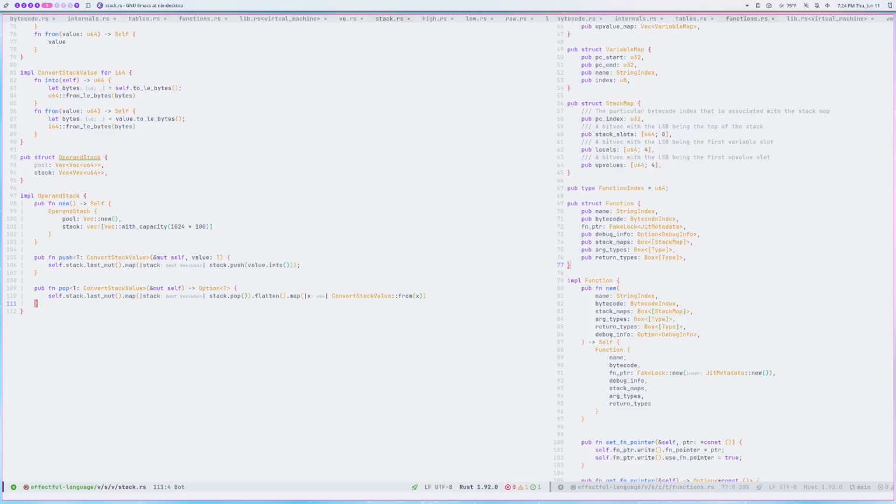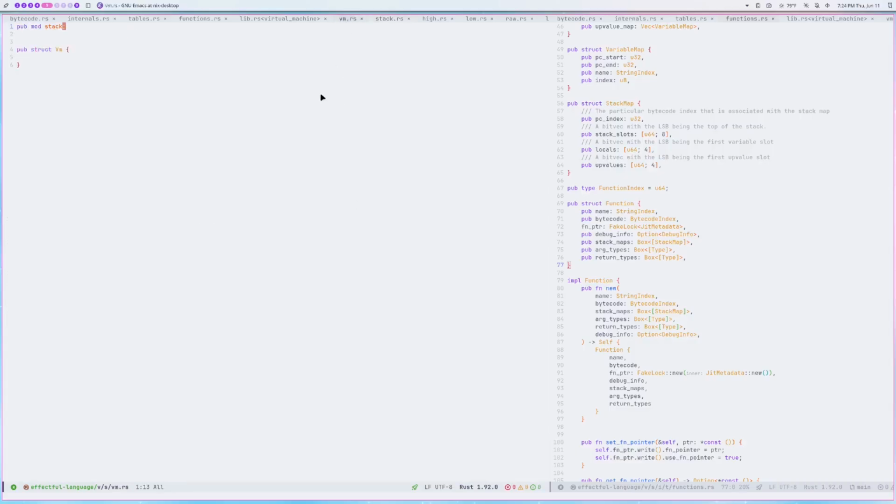Let's see. So now we have the stack. Now we can go back to VM. We're gonna add a thing called a task, and basically because I think that threading is a great thing, but for the language I want to design, I feel like threads are too low level of a concept, and so we're gonna support async, essentially, in our language. So, and to facilitate that, VM will contain a task. And a task is basically everything that